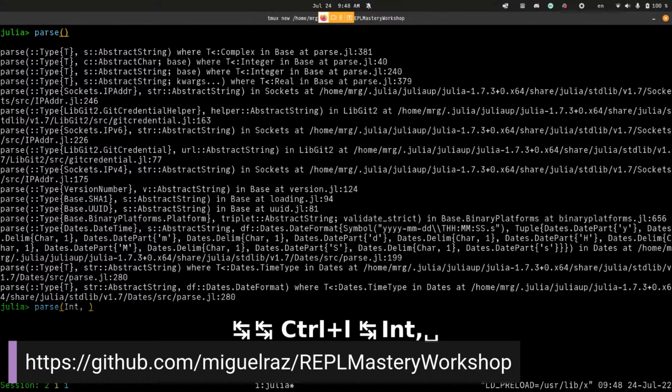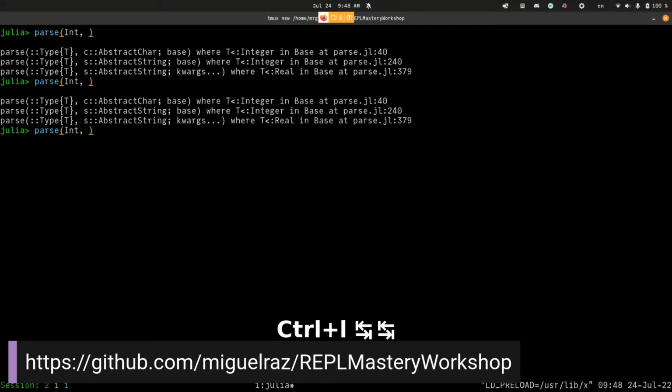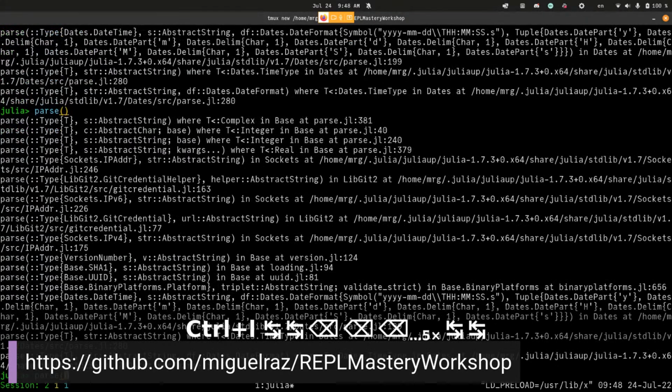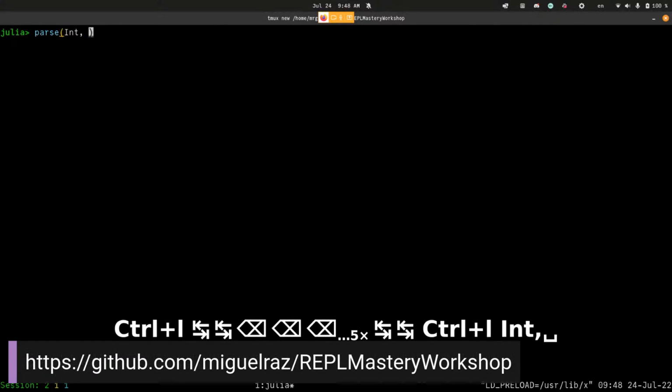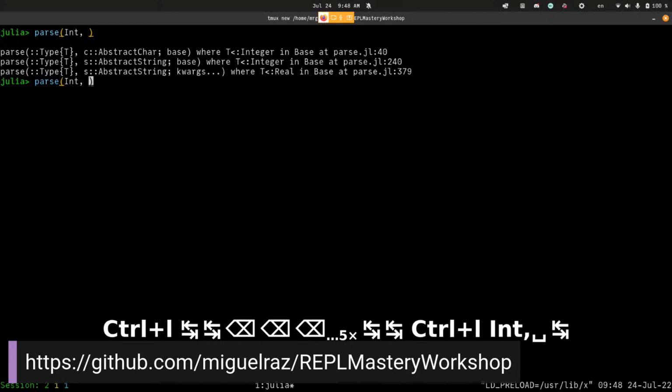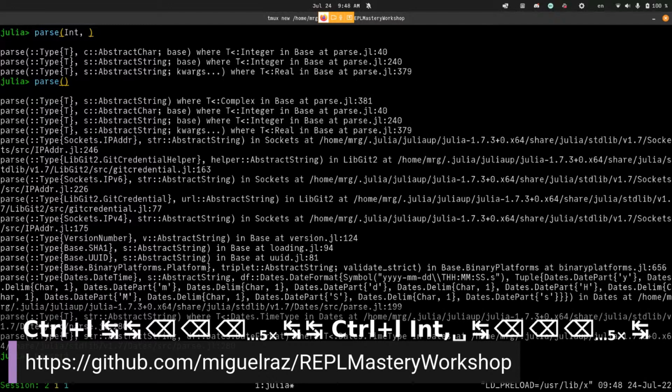And those autocompletions should narrow down as you fill in more types. So this should be more precise, right, than this. Let's try that again. I do parse Int space, or parse Int. I only get 3 autocompletions. But if I don't have any type signatures and I type in tab, I get all the possible